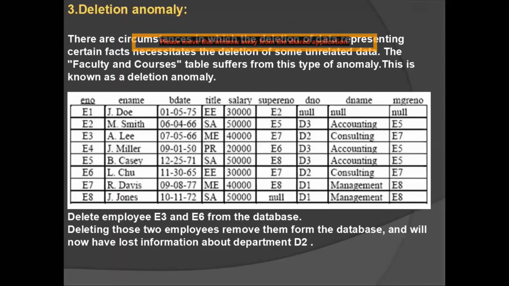In deletion, kids, what happened? Now, suppose you have various data over here in this table. Okay, you have employee number, name, birthday, title, salary. Basically, for a particular employee you have different data recorded. And for a particular department you have the department number or the name, etc. So over here, suppose I want to delete, say, E3 and E6 for the example given. Fine. So if I want to delete them, what will happen if I delete E3? This entire row will get deleted, right?